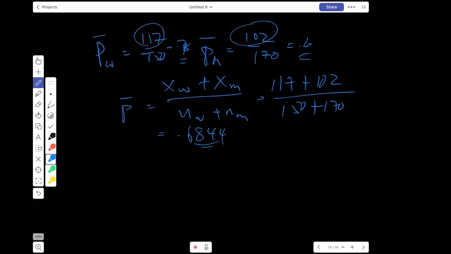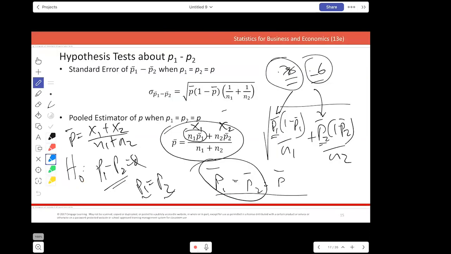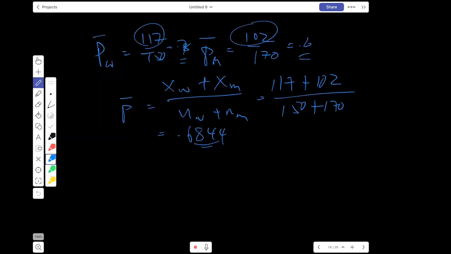So that would be our single estimate when we blend the 0.78 and the 0.6. Now, the formula that was shown to you a little earlier, this formula right here, I want you to see that it's actually the same thing. If you look at it, P bar, we said, is equal to